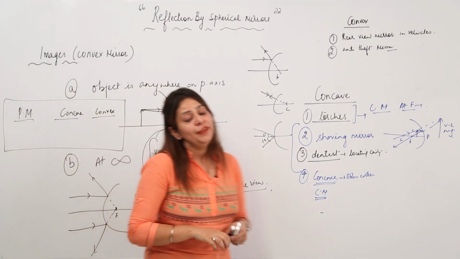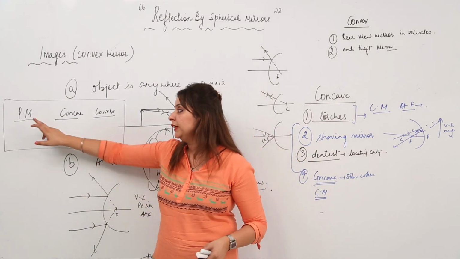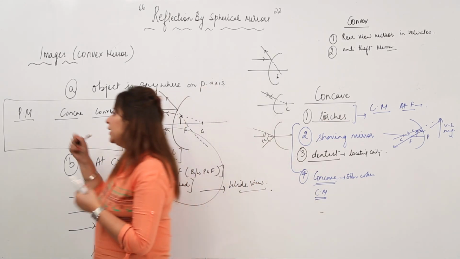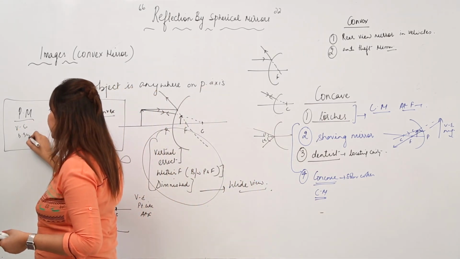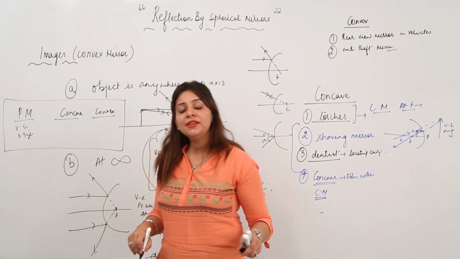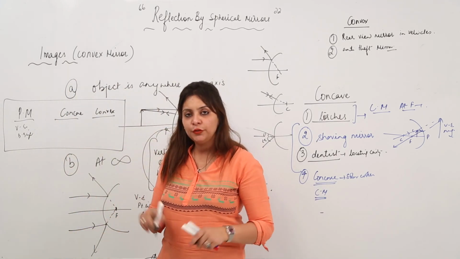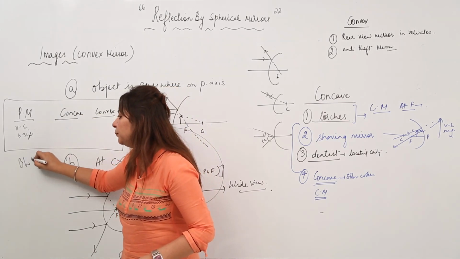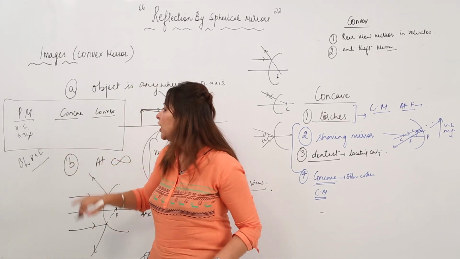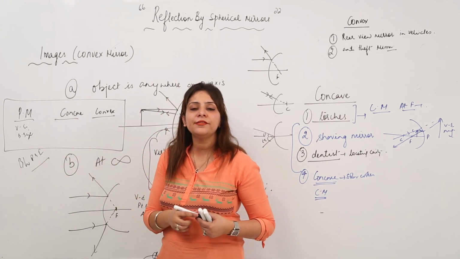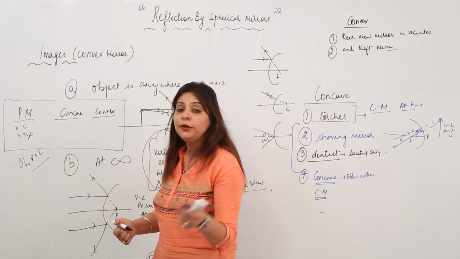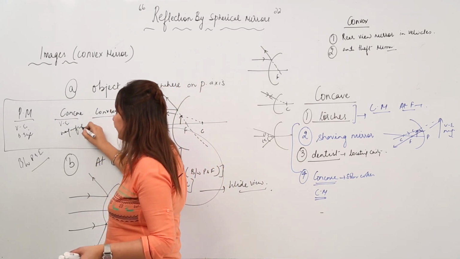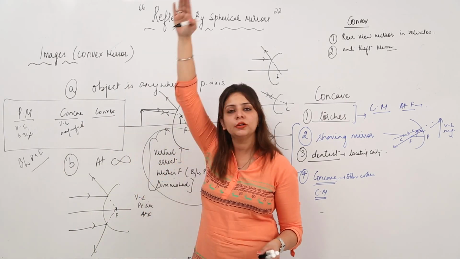Whenever we stand within focus in case of a plane mirror, how will we see ourselves? Our image will be virtual, erect and same size. But when we stand in front of a concave mirror within focus, because I am considering in all three cases between P and F, that means within focus, how do you look? You look virtual, erect and bigger. That means if your height is this much, you look this much.